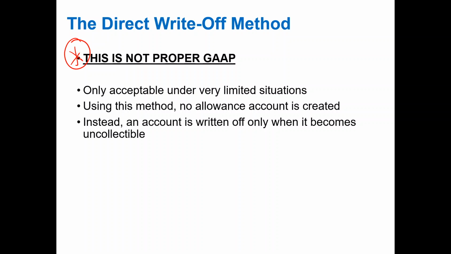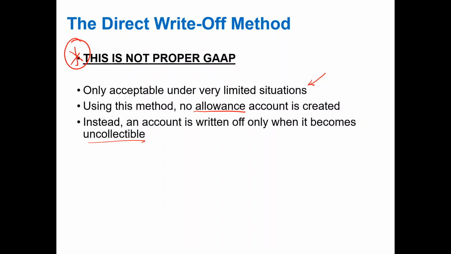So the direct write-off method, because it's not proper GAAP, is only acceptable in very limited situations. If you use this method, there's actually no allowance account used, so we don't make an estimate. Instead, you just write off the specific accounts receivable for the customer when you finally determine the specific customer it's going to be uncollectible for. So no estimates ahead of time, but the minute you realize someone can't pay, that is when you do